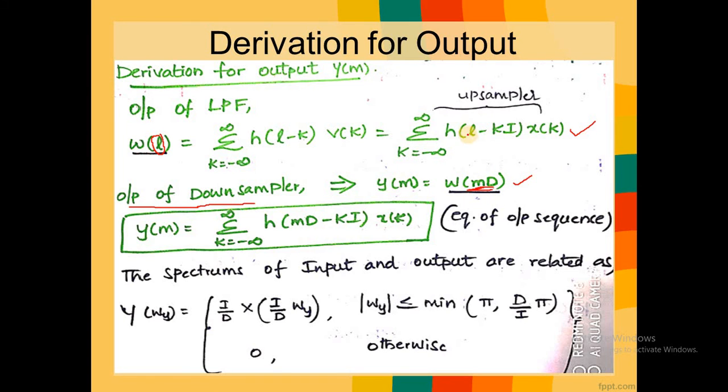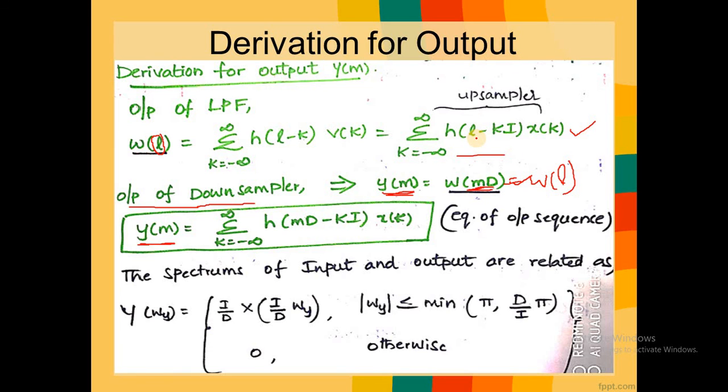So in place of L, we are going to substitute md. That's why y of m, this w of md, is also equal to w of L, which is also equal to our output y of m. Then y of m is equal to, substituting L equal to md in this particular equation,